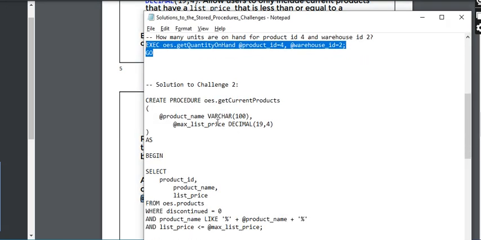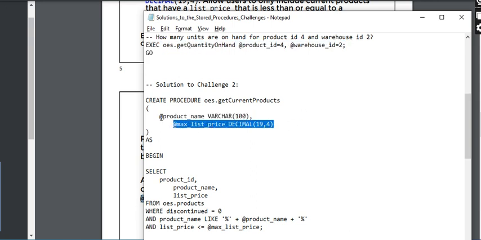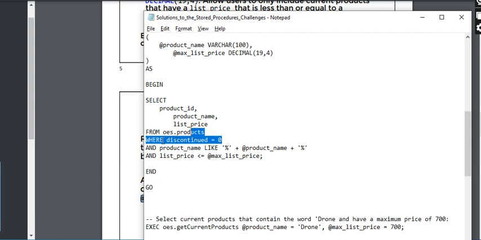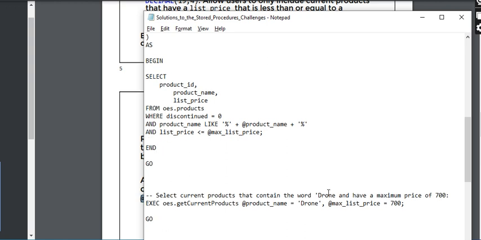See here, we define the variables product name and max price, and as begin, select product ID, product name, list price from products where discontinued is equal to 0 and product name like percentage symbol plus @ProductName plus percentage symbol, whichever product name we want to set, we give that parameter, and list price less than maximum price. If you give 700, it gives the list price details of 700 or less, right? See, execute